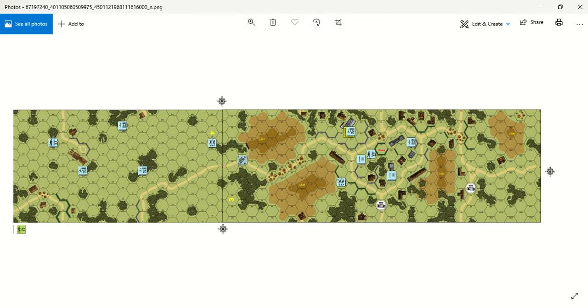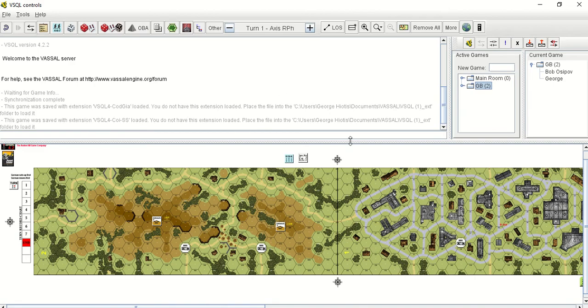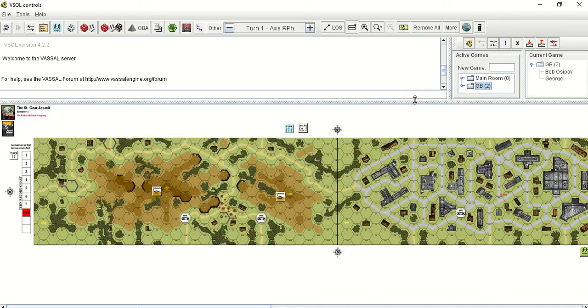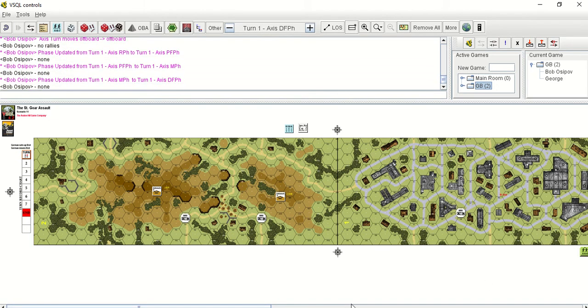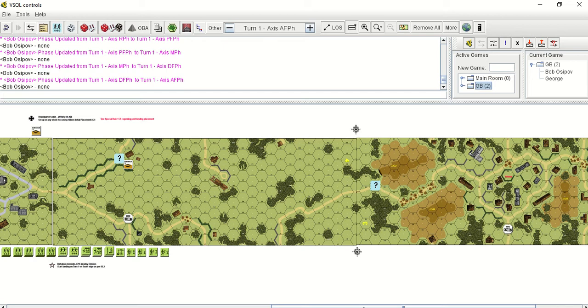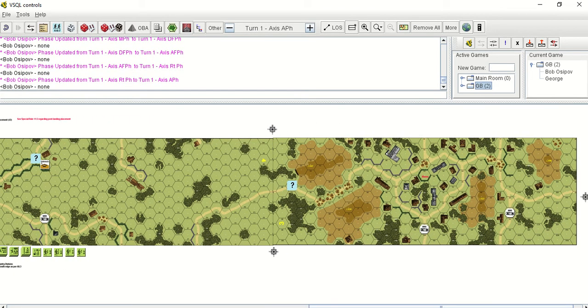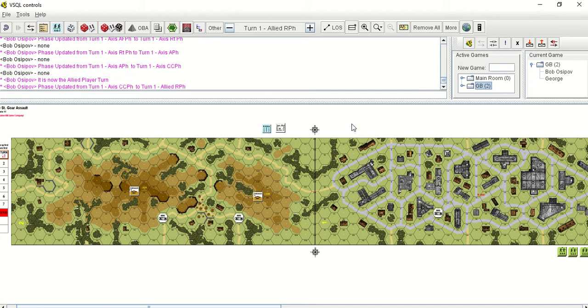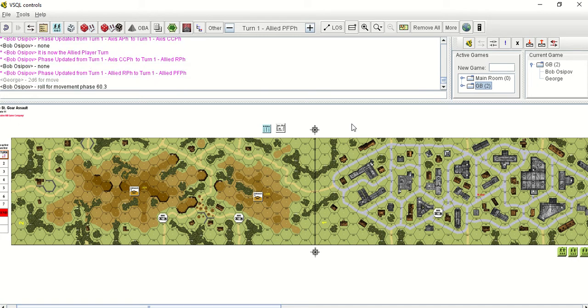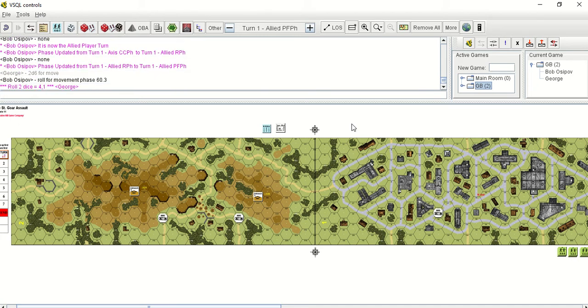Hold on. We're recording, so let's go to the board. I moved first, which means nothing, so first we flip the turn counter, and there's basically no German first turn. I don't know why they had the German move first. Now it's the Allied turn, and we get to watch you move all your stuff around in preparation for landing. So if you page down, we would roll for...